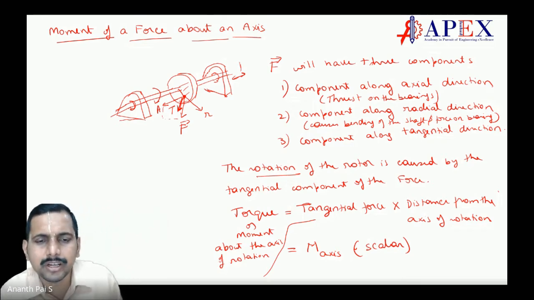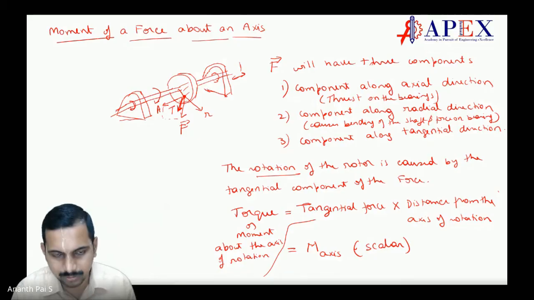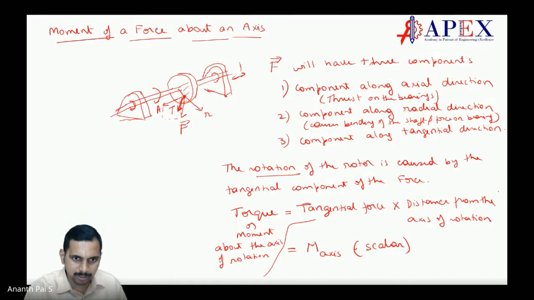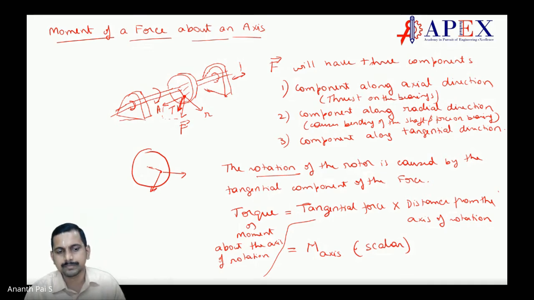You don't have to write the figure also. You write the figure, but you have to imagine things. Got it, sir. It's tangent to the circle passing through that. Exactly. So if I draw this circle and see from here, it will be like this. The force is here, correct? This one is the radial component going like this. This is the tangential component coming like this. Make sense? The radial component goes away from the center like this. This is tangential. The axial component is here, facing here. Correct? Makes sense?